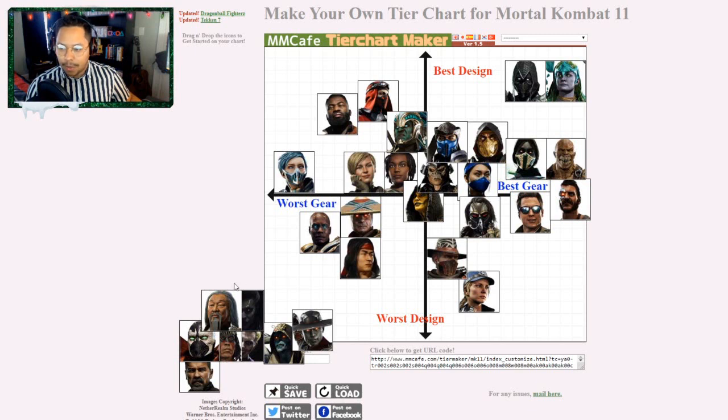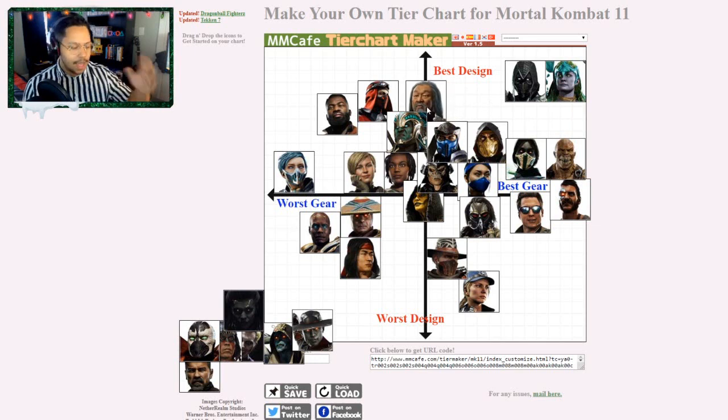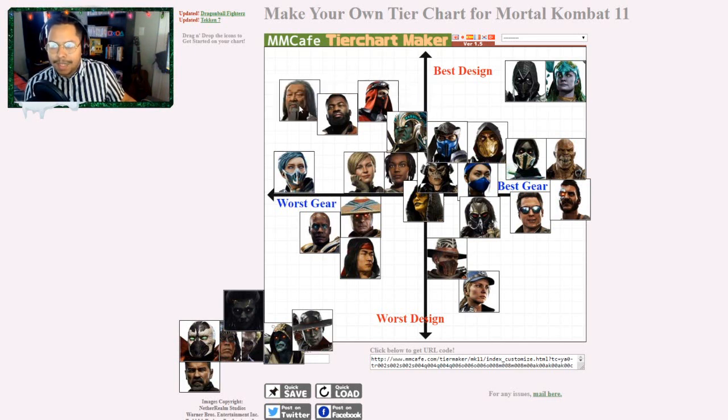Raiden did get messed up with DLC gear. Shang's design, I mean, let's talk about how good it is off of base design. The gauntlets with the little snake hands, great, but his gear, not the best. So as much as I love his design, his gear doesn't really, definitely, like, okay, having movie Shang is pretty